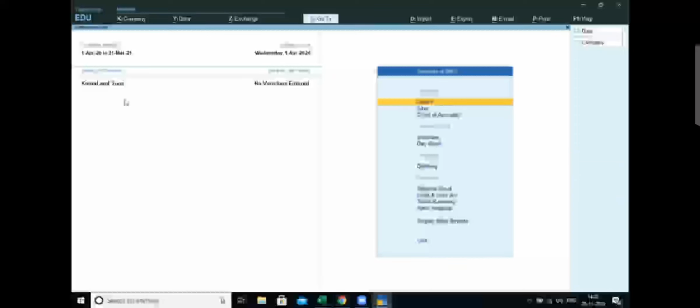Now the last thing we are left with is deleting of company. How you can delete any company from your system or from the company's Tally data. Before that, I'll show you the directory that we provided earlier where our data actually lies.